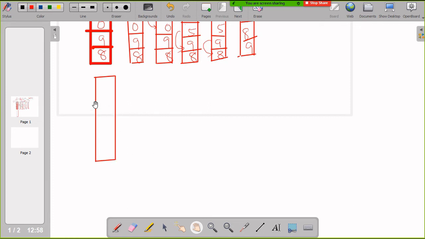Now for the next step, the last sorted elements will be taken.